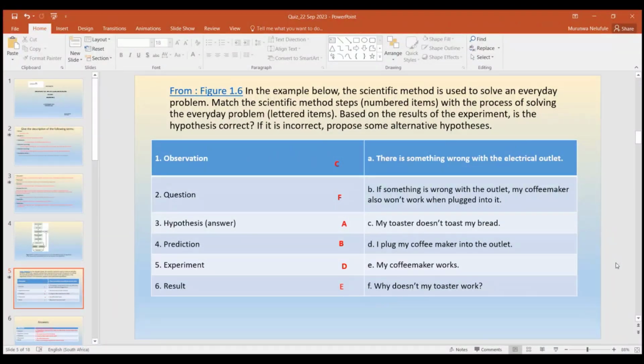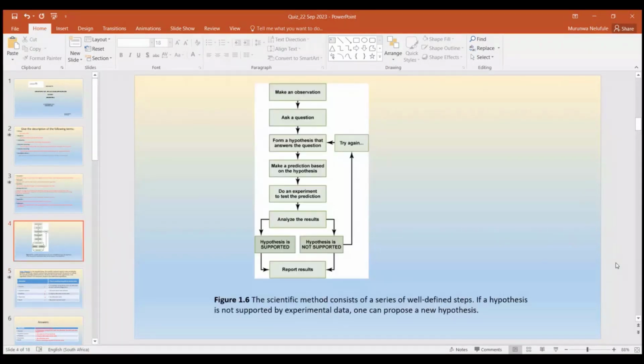It's tricky, I know. And remember one particular thing: this question is not just emanating from the sky; it's emanating from this diagram. They will give you this diagram where you have to structurally understand that the chronology, or the steps of the scientific method, consists of a well-defined series of steps where you make